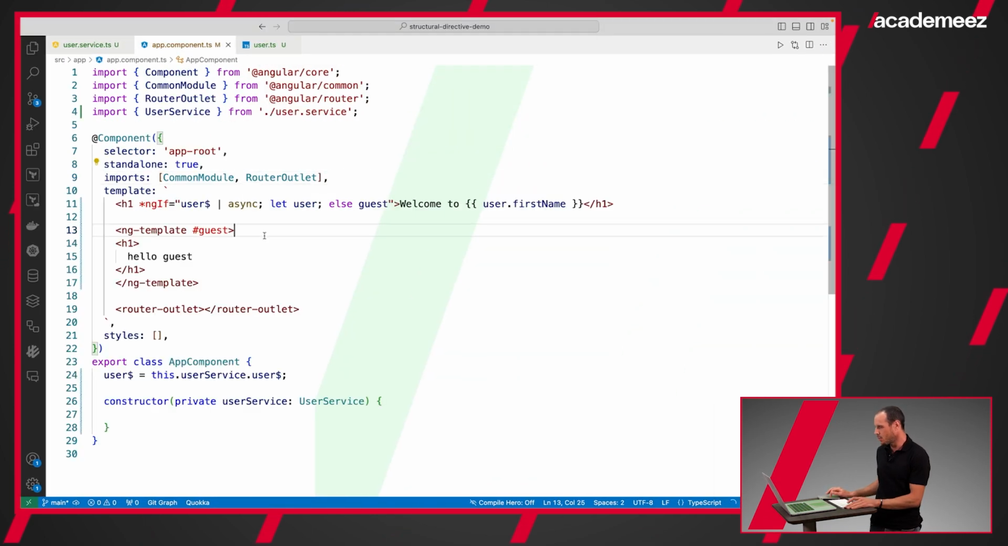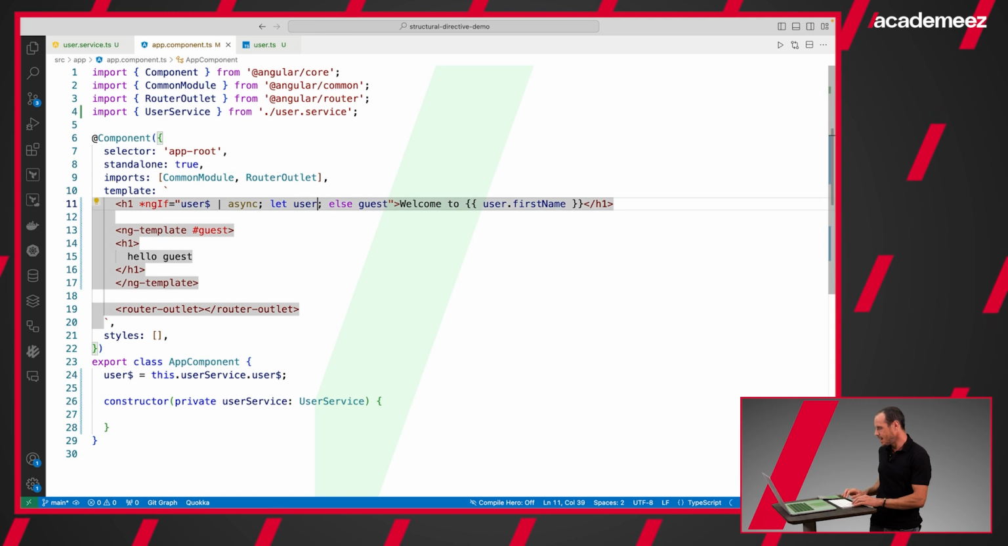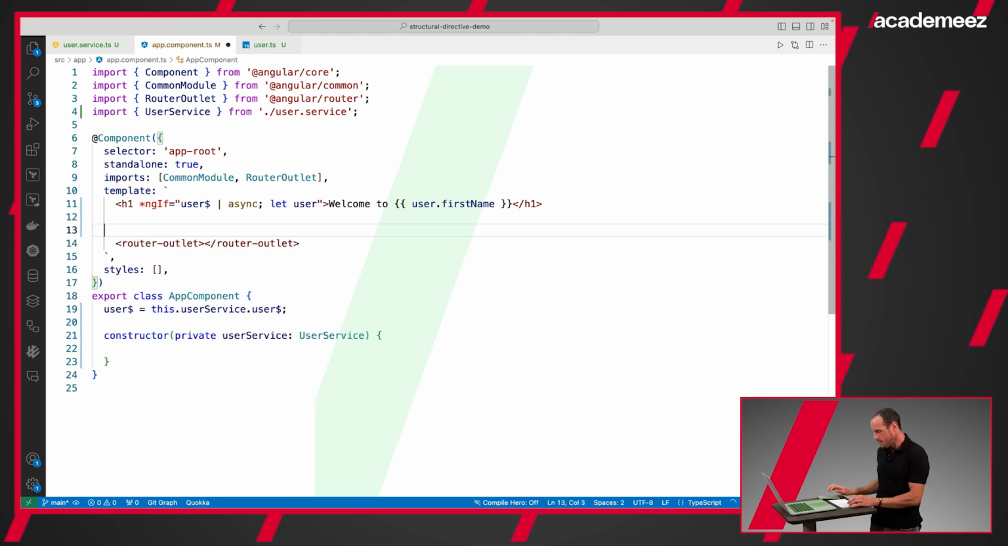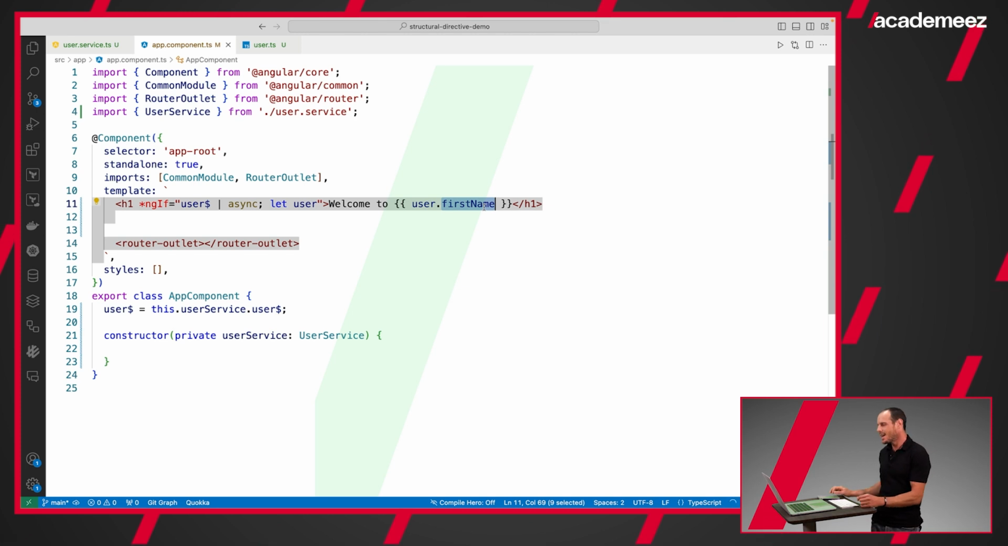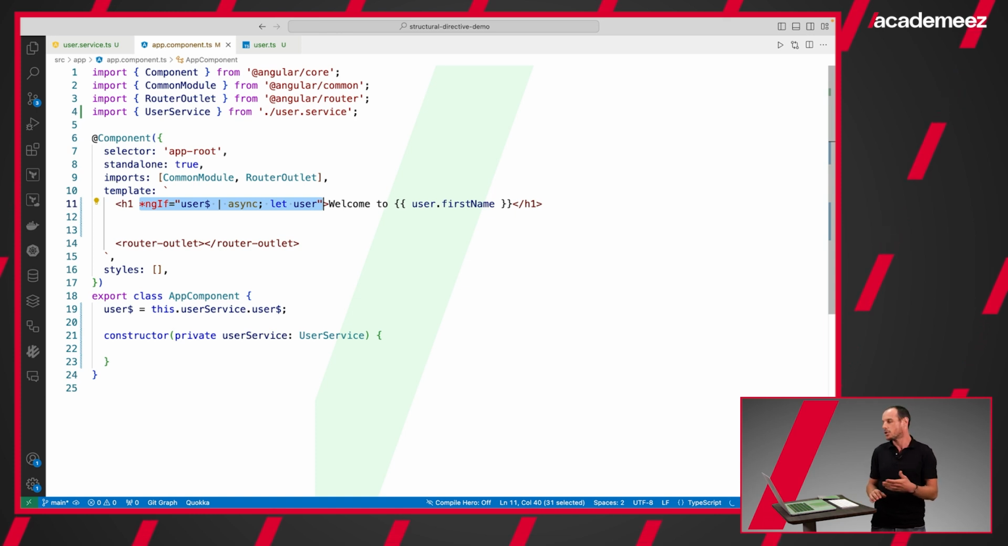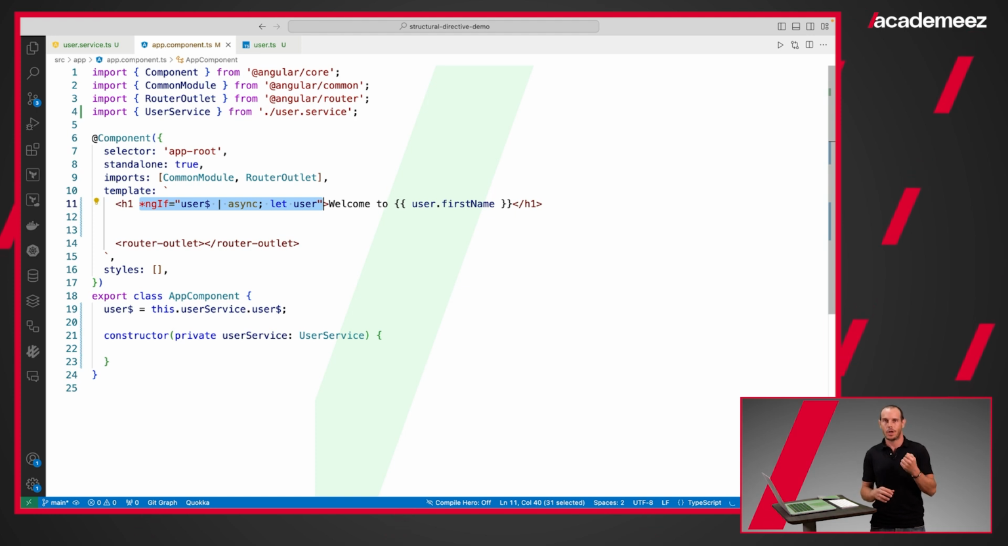But let's keep it simple. Let's say I got not the else case, and let's delete this ng-template. So if I have a logged in user, I want to print that user. And let's say this ngIf is something that is repeating often in my Angular application. So I have a lot of cases where I need to grab the user, the logged in user,